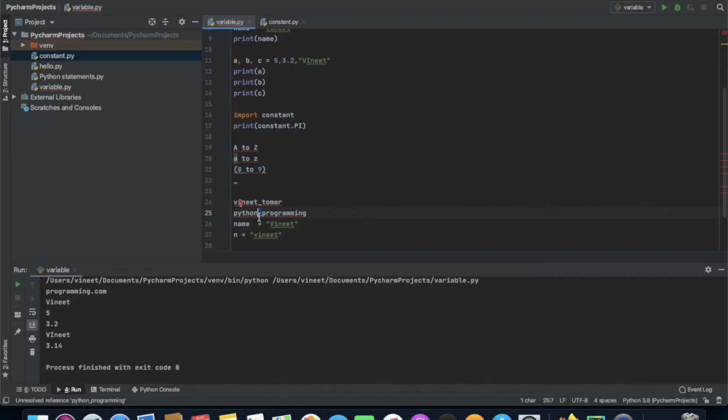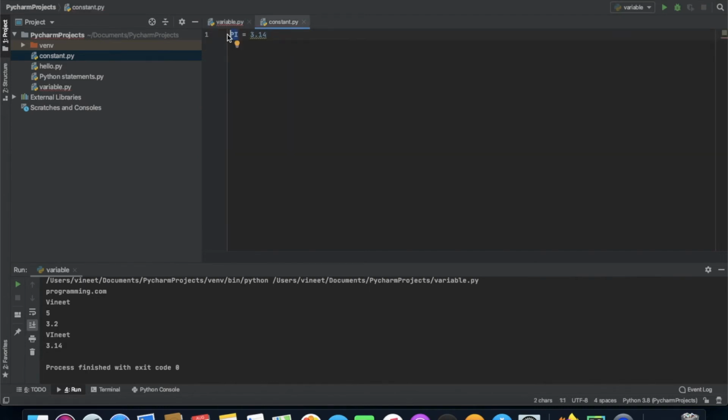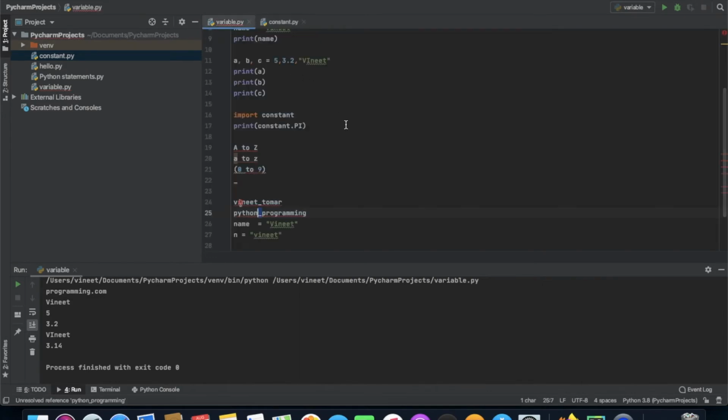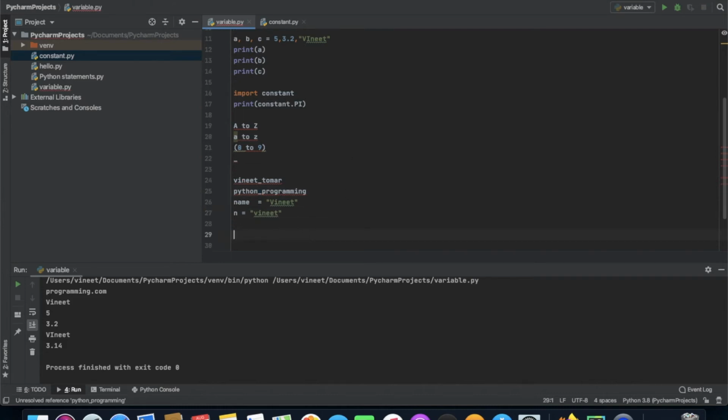And the fourth rule is to use capital letters, where possible, to declare a constant. For example, we have used capital letters to declare a constant. So just use capital letters if it's possible to declare a constant. And never use words like these at the start of a name.